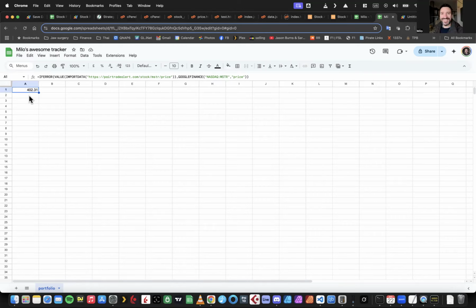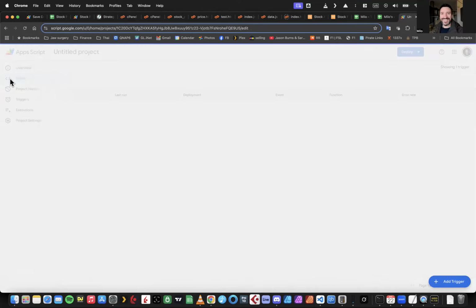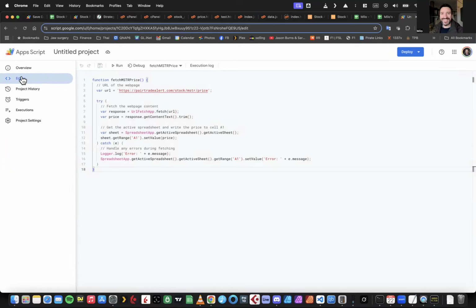But what you can do is a workaround, and this is why I'm making this video: you can use something called Google Apps Script. So if you go to the extensions menu and load up Apps Script, it will take you to this window. It might ask you to log in, and it might ask you to authenticate, and there are a few buttons you have to press. But once you've done that, you'll come to this screen, and then you can go to the code editor here, and if you paste in this code here,